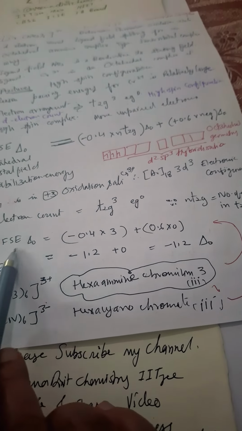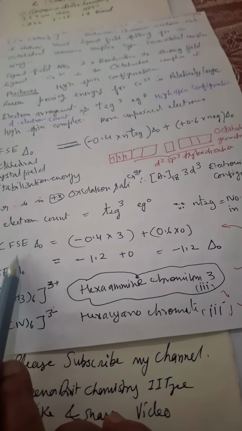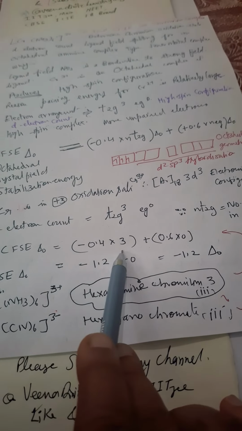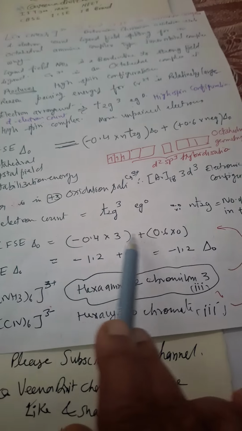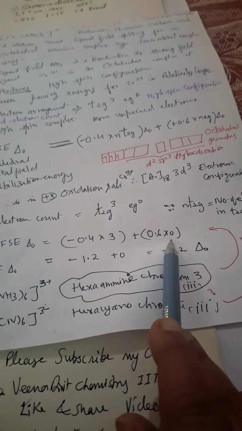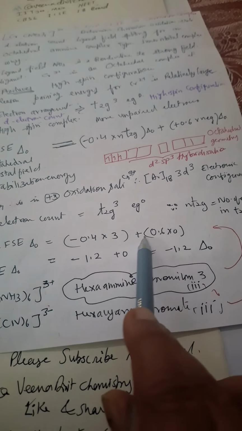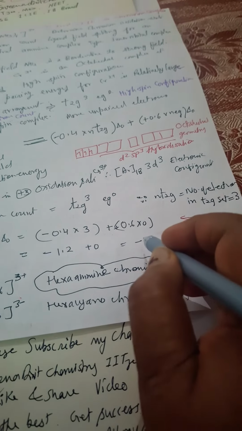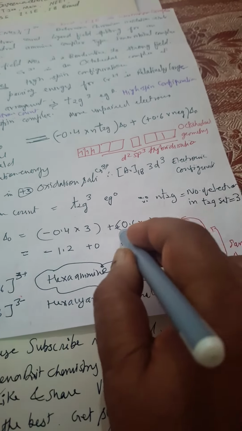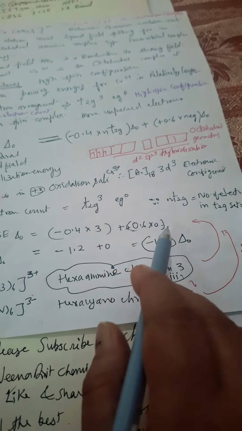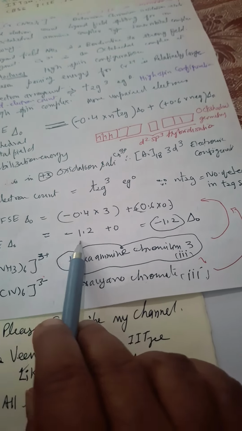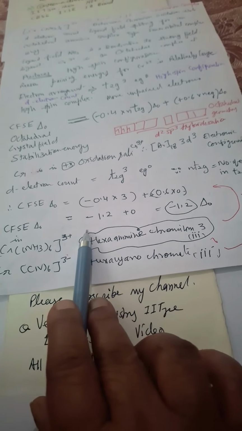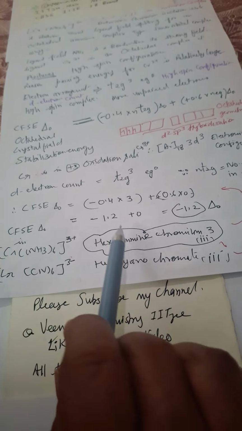And we know the CFSE for octahedral in this complex is the energy of the t2g set, which is with negative sign, and the energy of the eg set, which is with plus sign. So it will be -1.2 Δo. Why? Because the eg count will be 0. All electrons are unpaired, so it will remain 0. -1.2 Δo is the crystal field stabilization energy for the chromium ammonia complex.